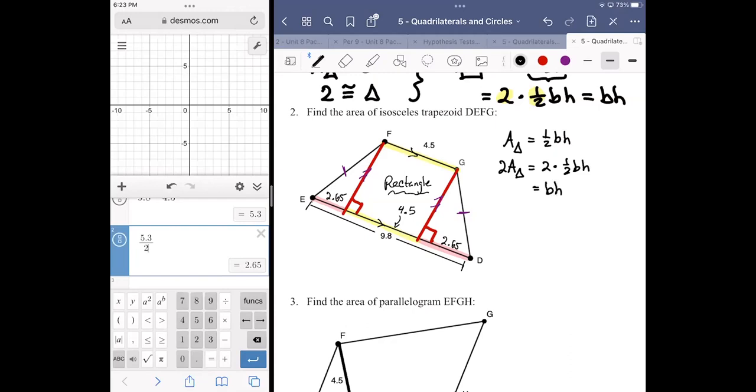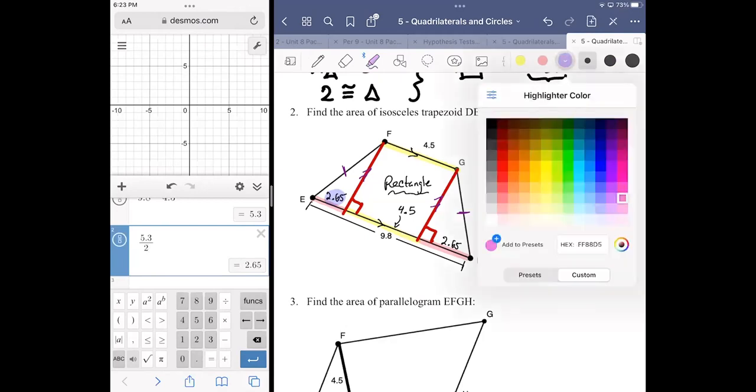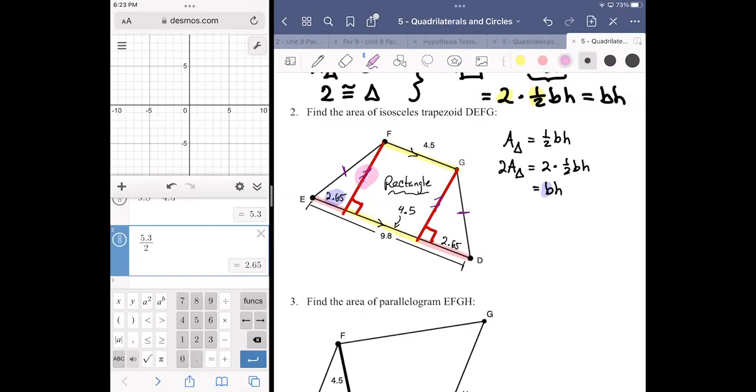But just bear in mind that the base I'm referring to would be this base. And the height that I'm referring to would be whatever this height is,